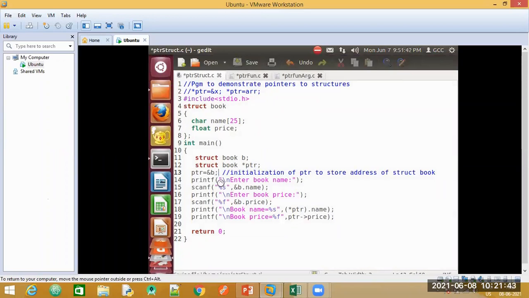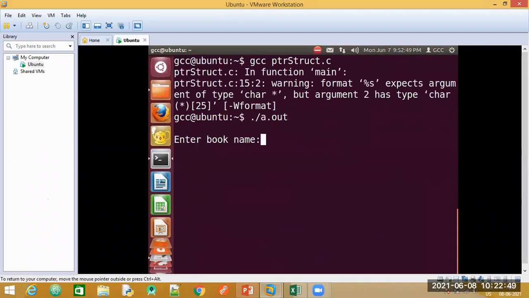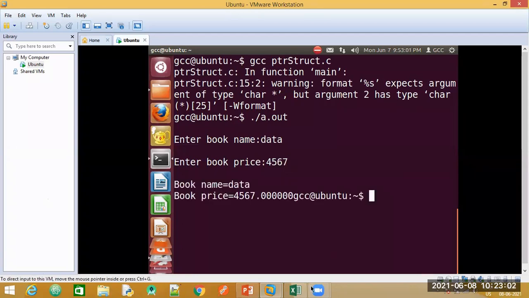A semicolon is needed. Book price, let me say 4567. Okay. So there was no error. I had just pressed the enter twice. That's why it came up directly, entered the next one.